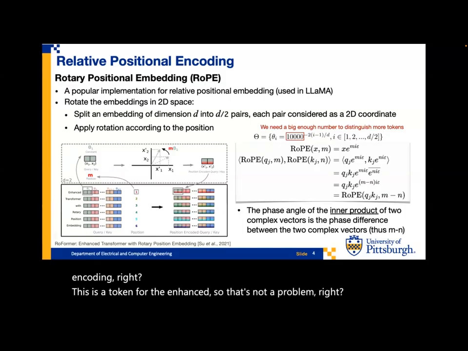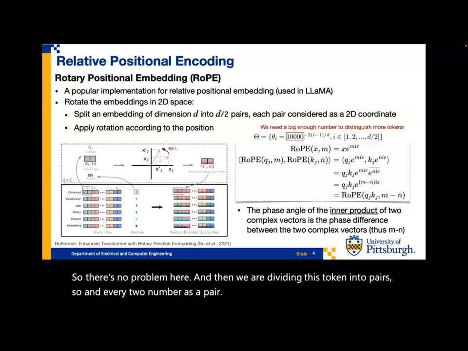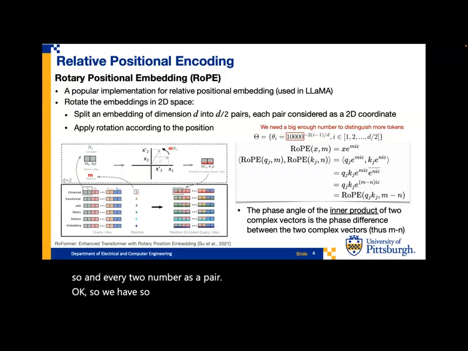So there's no problem here. And then we are dividing this token into pairs, and every two numbers form a pair. Okay, so we have so many different pairs. So far, so good. Once we have one pair, let's say this is a green pair, with two numbers,